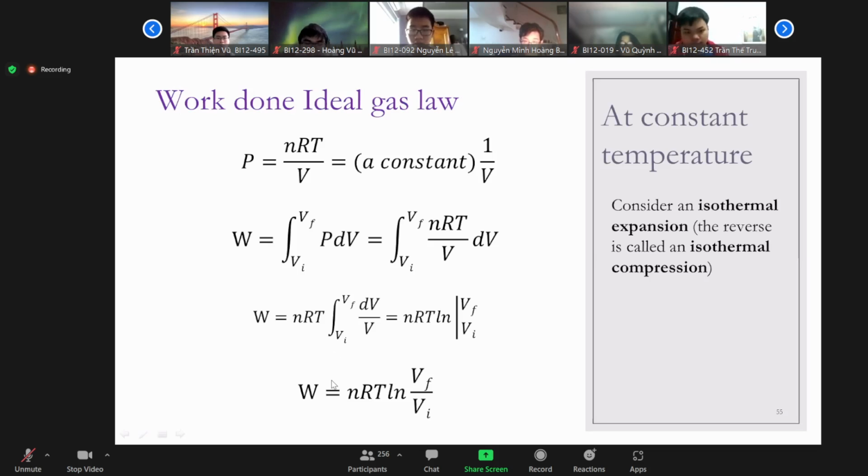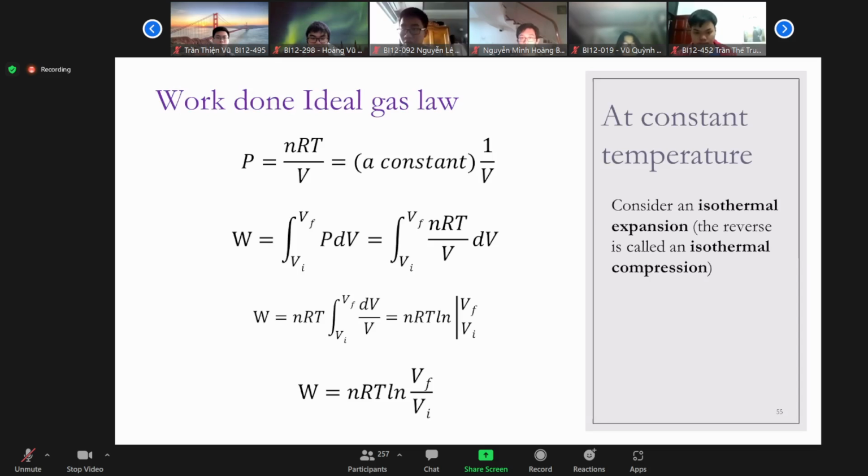Could be written as this one. So the total work equals nRT ln of VF over VI. So this is the work done by an isothermal expansion or compression. Okay, at constant temperature we have this. At constant volume and at constant pressure,